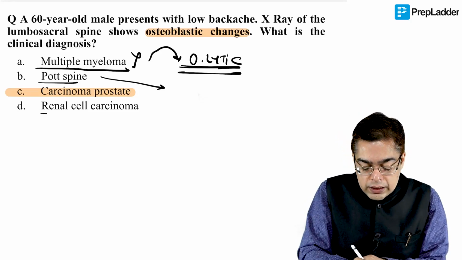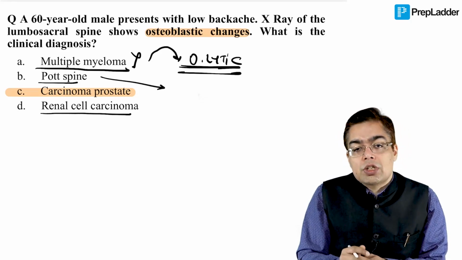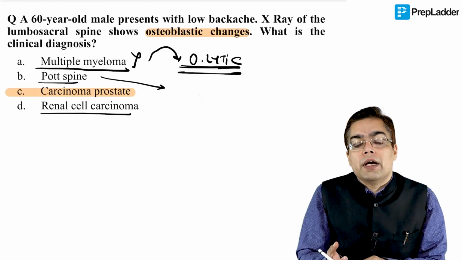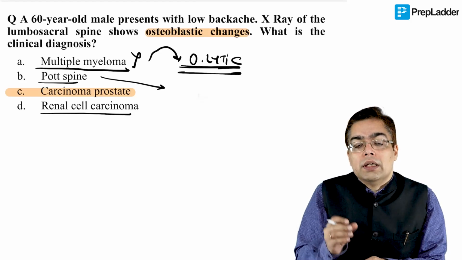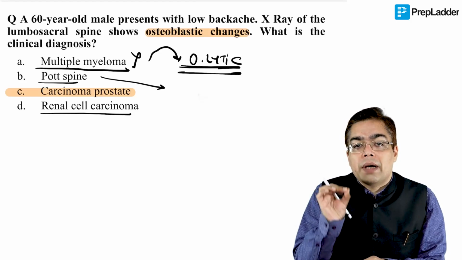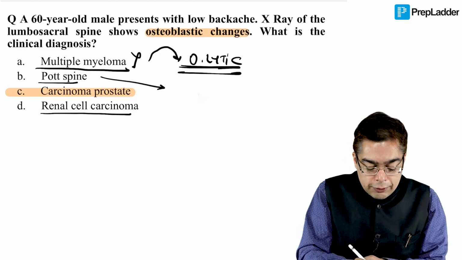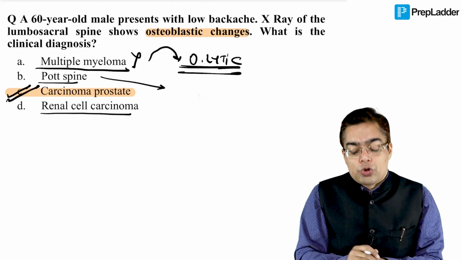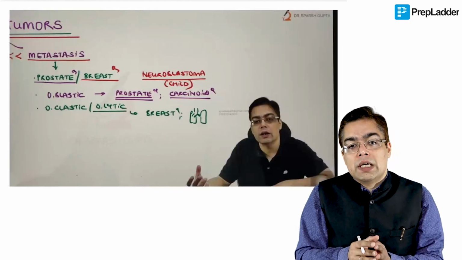When we're talking about something like renal cell carcinoma, I mean, nothing to suggest that the patient is going to be having a renal cell carcinoma. But also need to remember the fact that whenever we're going to be talking about an elderly male having backache, osteoblastic changes, remember the first thing that you would always take in the exam happens to be prostate cancer. So I believe that is what is going to take care of the discussion for this kind of a question.